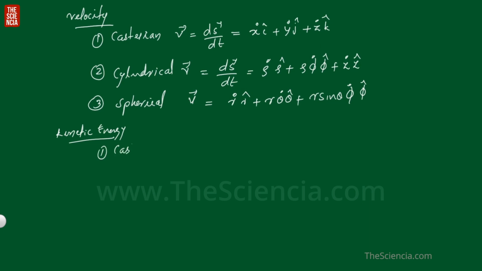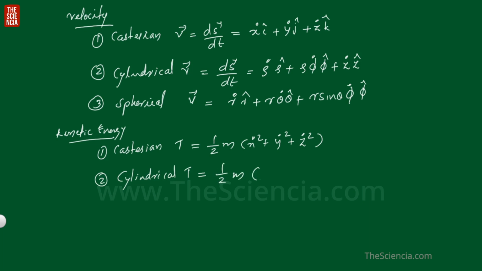First one, in Cartesian, the kinetic energy T will be equal to 1 by 2m (x dot square plus y dot square plus z dot square). And in cylindrical coordinates, T will be equal to 1 by 2m (rho dot square plus rho square phi dot square plus z dot square). And in spherical polar coordinate system,